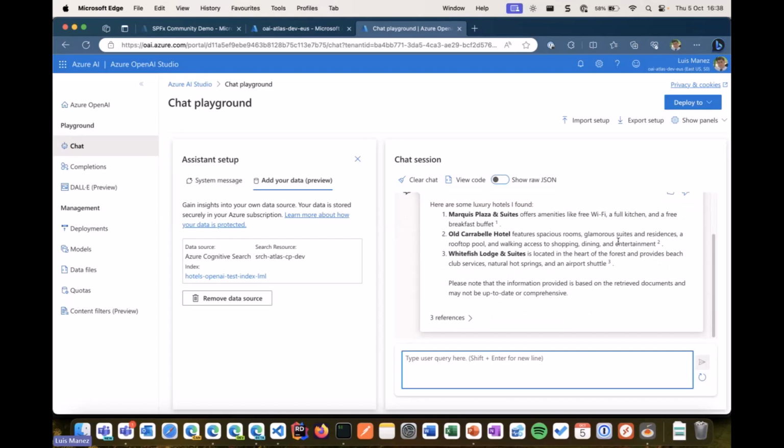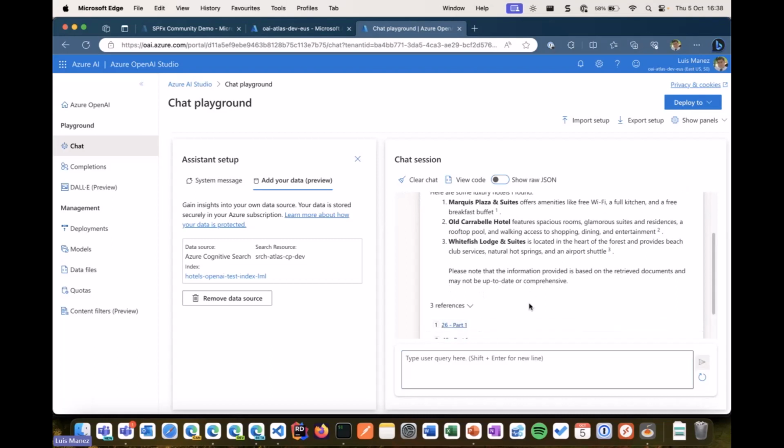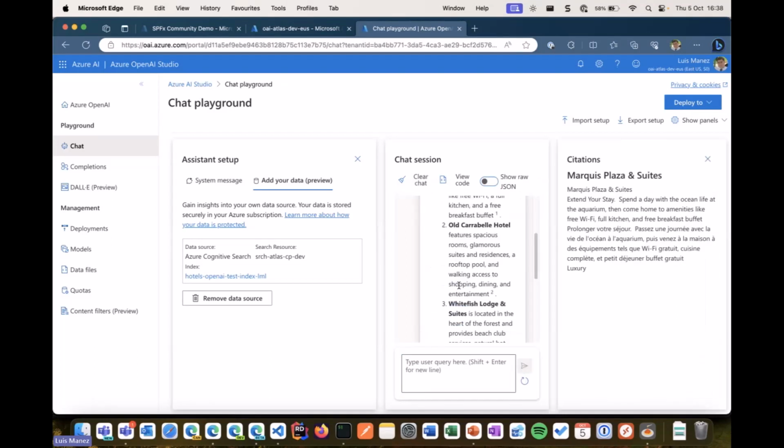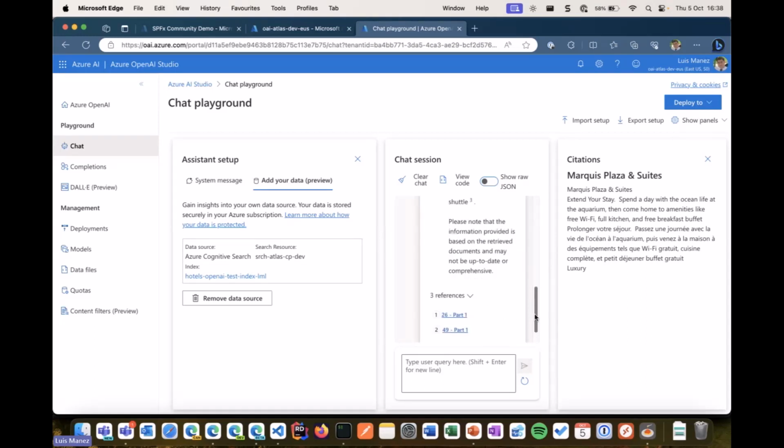This is not real world information. Also, it adds references. This is what is called citations, and this is actually pointing to the real data in Azure Search. So you can check that the information returned here is the right one, because you can check why it is answering this data.